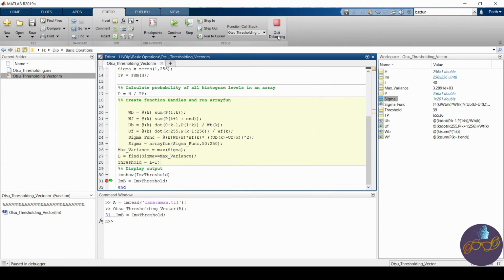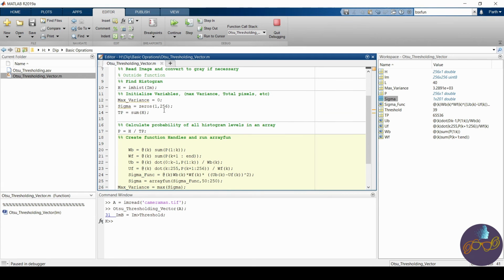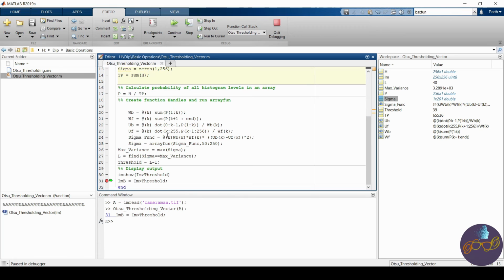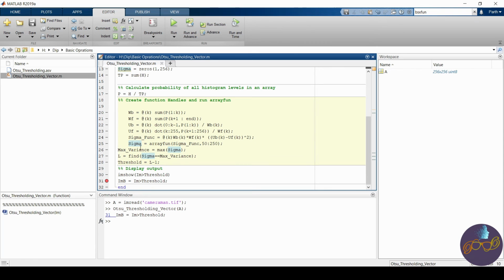We have already created sigma of zeros of 1 to 256, and now we are just overwriting that. So we have to write 50 to 250 here also, because the values of sigma which we calculate should be on the exact locations so that we can find the actual thresholding level. Otherwise the levels will not be at the actual locations.